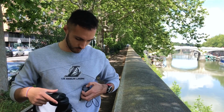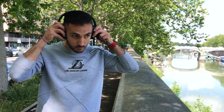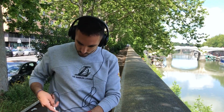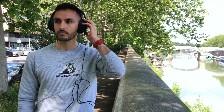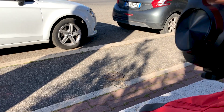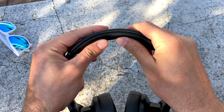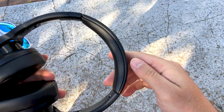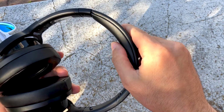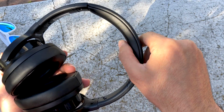Using the wired connection you can of course listen to music and turn on the ANC, but you are limited and can't use the microphone or the volume buttons up and down, and cannot answer or decline calls. Since these headphones are made primarily for wireless connection, I think that's logical. That's where you get access to all the features. But I love the fact that they actually put in a 3.5mm headphone jack in case your battery